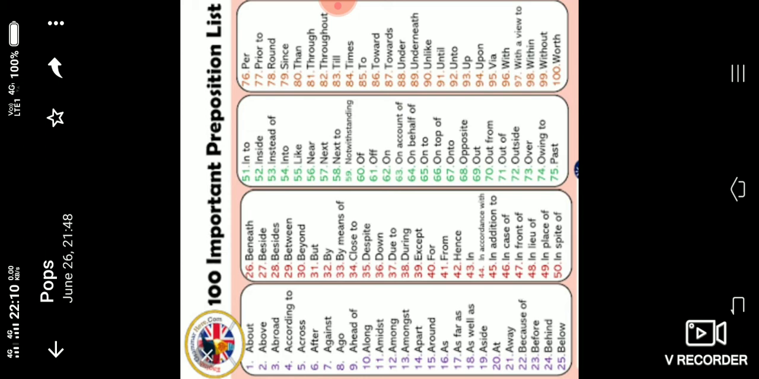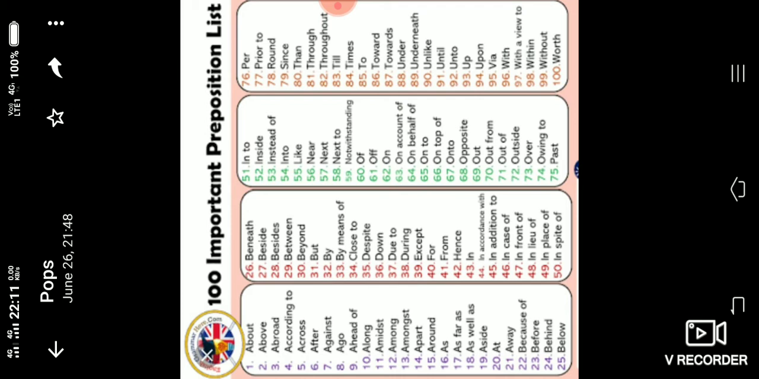56th near, 57th next, 58th next to, 59th notwithstanding, 60th of, 61st off, 62nd on, 63rd on account of, 64th on behalf of, 65th onto,